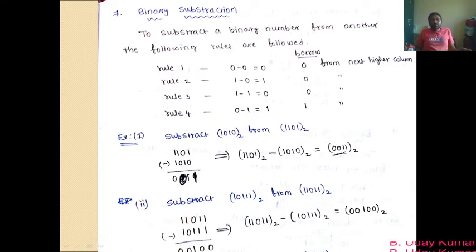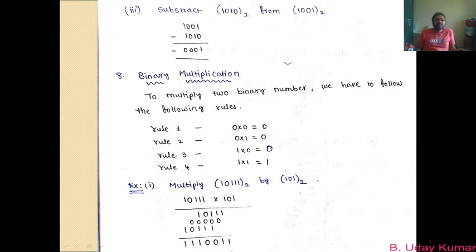So now let us move on to our next slide. This is the third case which I was speaking about, that while doing the subtraction you find some difficulty, you feel some inconvenience while subtracting a binary number from another. In such cases you have to understand that you are subtracting a bigger number from a smaller number. Anyway, this is our next example. You have to subtract 1010 from 1001. So 1001 minus 1010, how much is it? Please check it out.